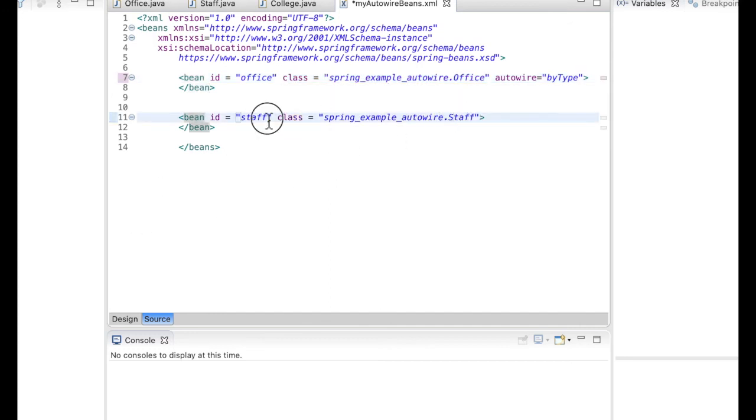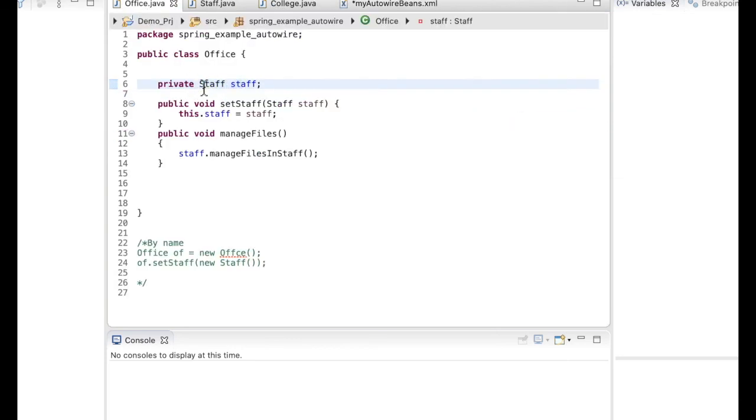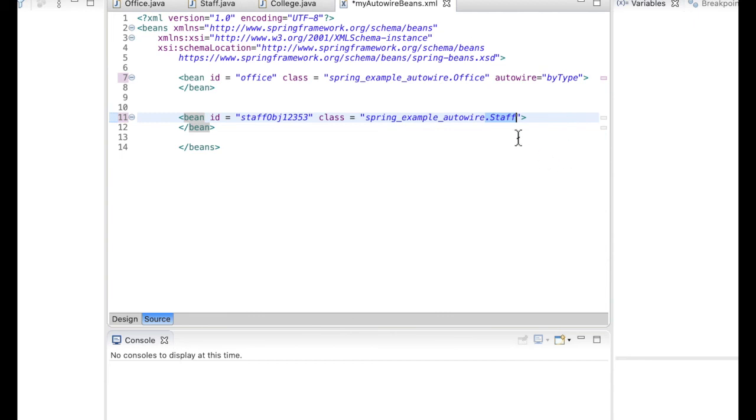So even if this object name is something else like staff object, anything you can give here, 1 2 3 4 5, but this type is the same as this type. So this type and this type both should be matching. Then your application context will be able to wire another class. So let's run this and we will check it.